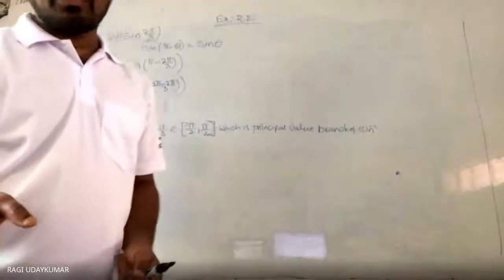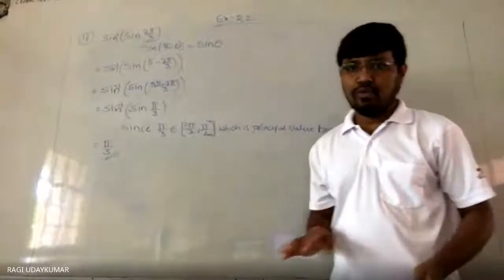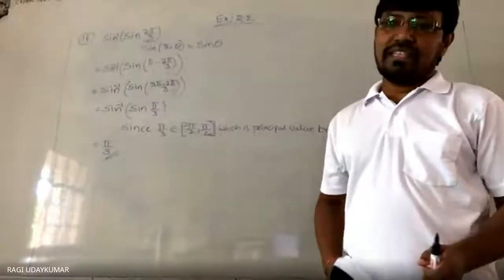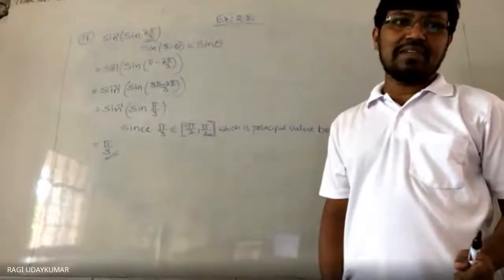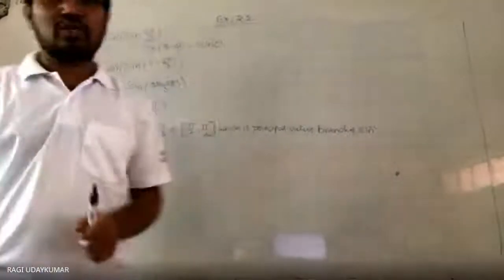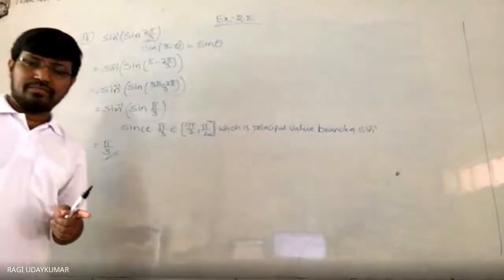This actually looks like a very simple problem, and most of the students will get confused. In confusion, they will directly strike out sine and sine inverse and write 2 pi by 3. Suppose this question is given to you as an objective question, there may be a chance of it being given as a 1 mark question only, not more than that. Okay?